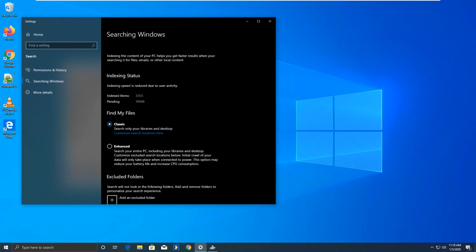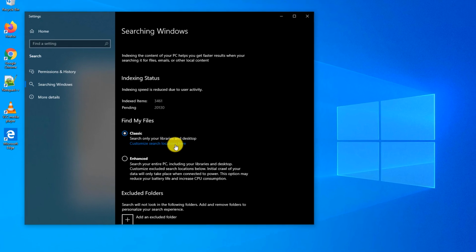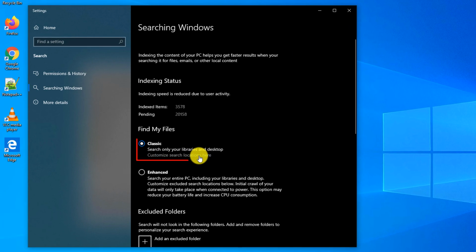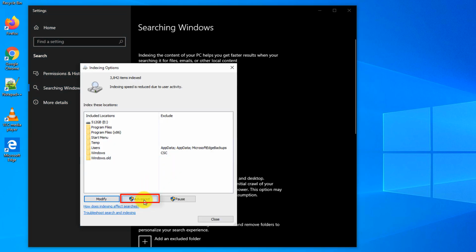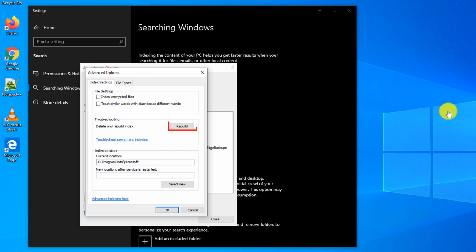Sometimes when you copied or created a lot of files on your computer, you might consider rebuilding the index. To do that, you click on Customize Search Locations here, and here you go to Advanced Options. In addition to rebuilding the index by using the Rebuild button, you can also choose if you would like to index